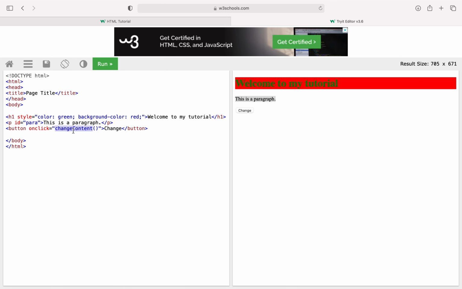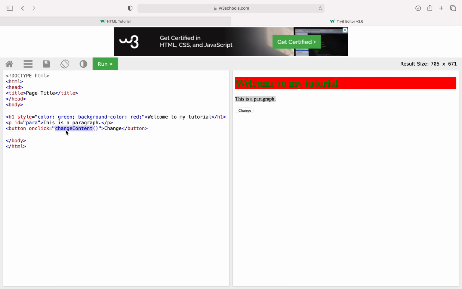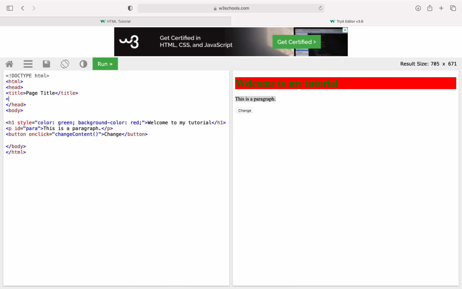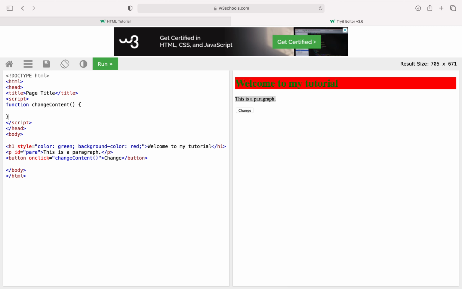Now this function we need to write in the script tag. We will write function and the function name, open bracket, close bracket.